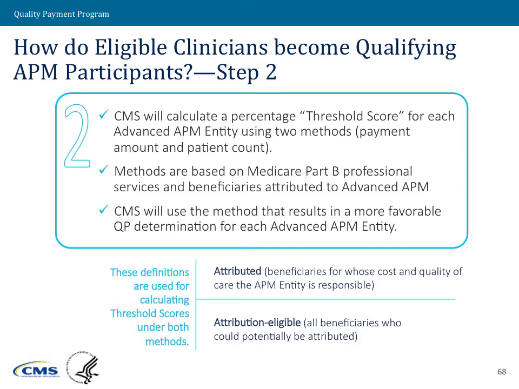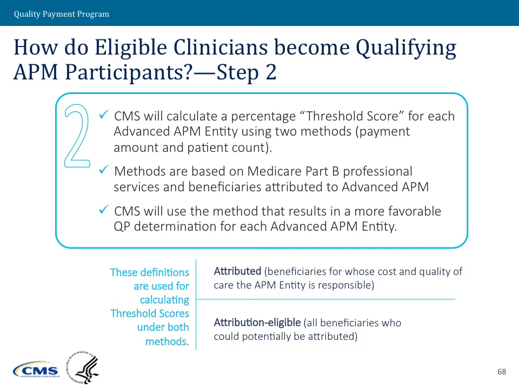And both of these methods are also parallel in their concept, in that we consider what is through an advanced APM as based on their attribution. An attribution is who the APM entity and those clinicians are responsible for under the terms of the advanced APM. So for the cost and quality of care that you provide specific beneficiaries, that's what you're assessed on under this advanced APM. So that is what's going to go in the numerator of this percentage calculation.